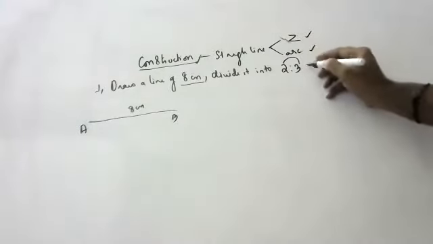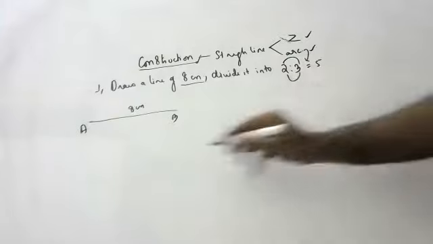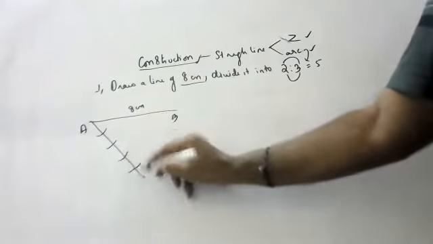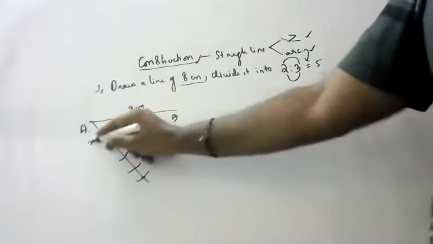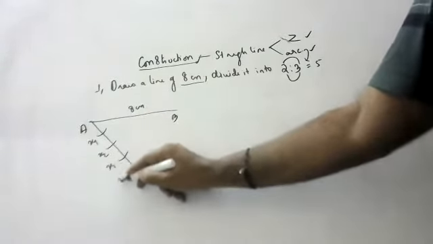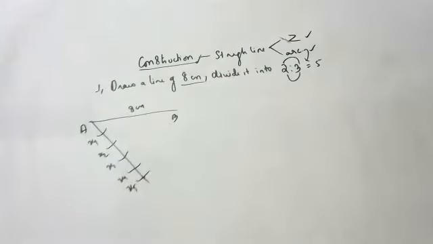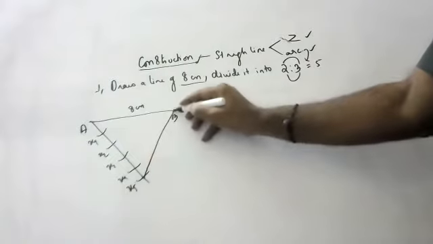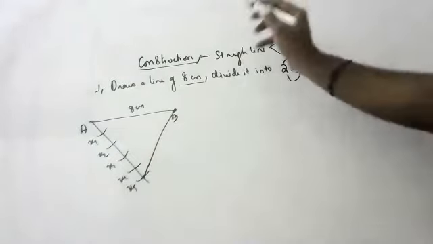Now 2 plus 3 is equal to 5. First, in this method, I'm telling, 2 plus 3 is equal to 5. Draw an acute angle and draw 5 equal arcs, okay? X1, X2, X3, X4, X5. And the denominator, you join to the tip, children. The denominator you join to the tip directly with a scale.